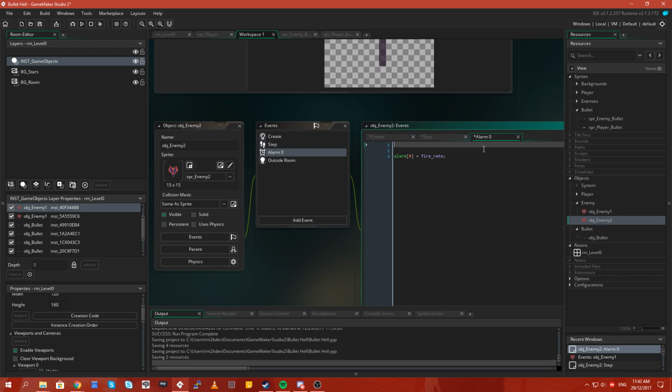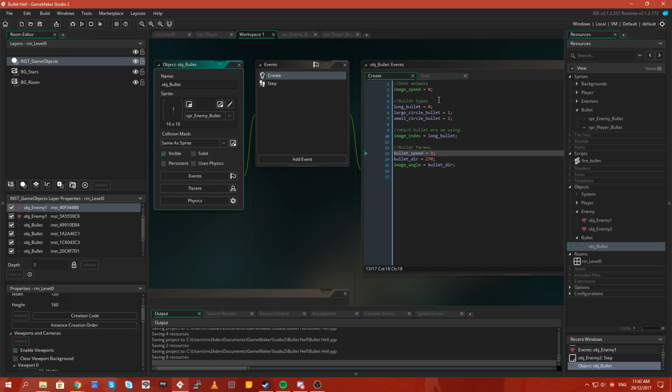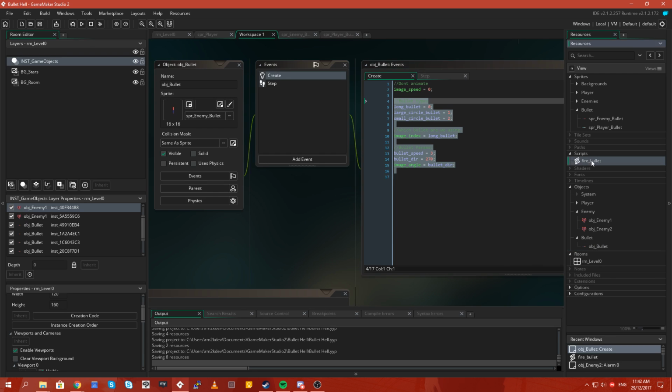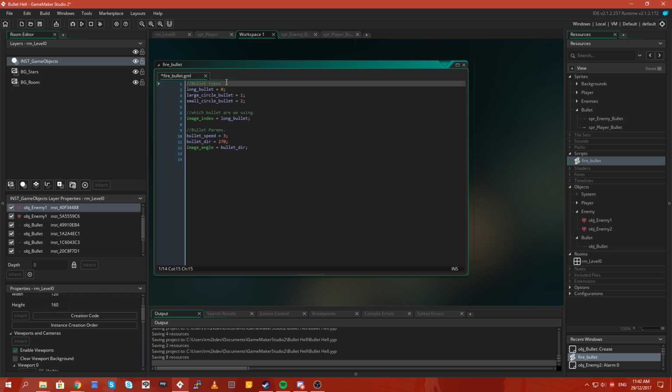Now, for the sake of simplifying our repeated code here, I'm going to create a script called fire bullet. And in this script, we are going to take a... What are the parameters of our bullet? The parameters of our bullet are the bullet type, I'm sorry, I'm just thinking out loud. The bullet type, I'll tell you what, let's just copy this, easier. Let's put that there. And then we'll just comment all of that out so we don't actually see it.